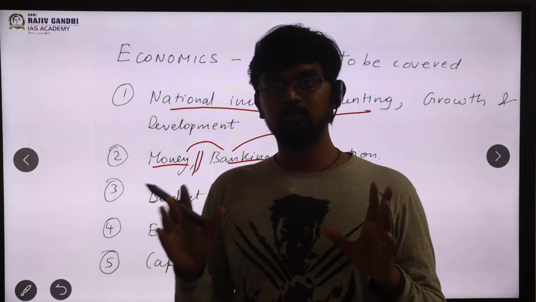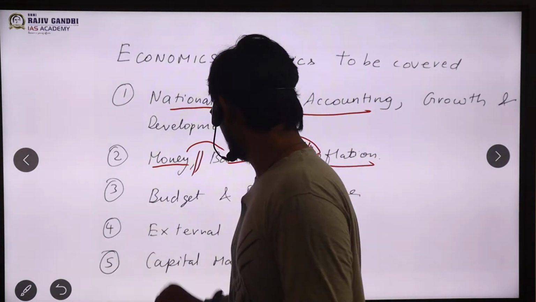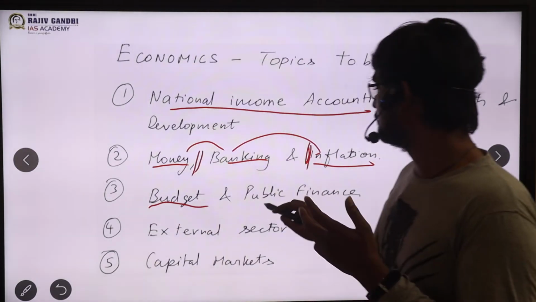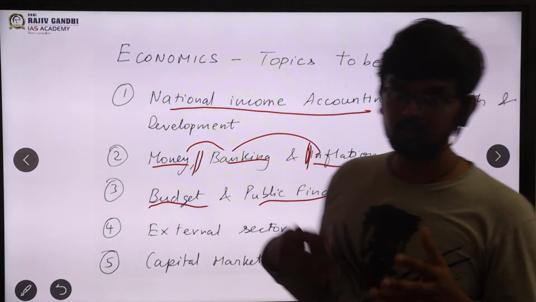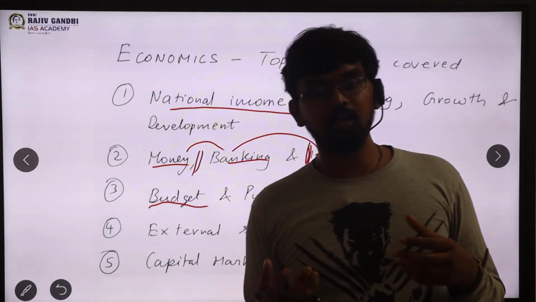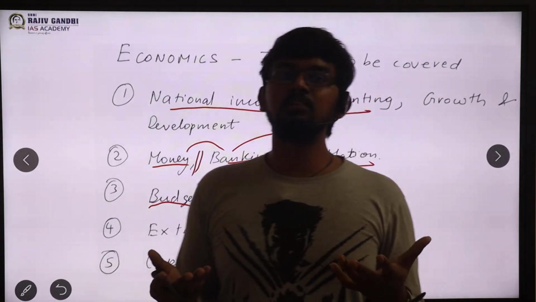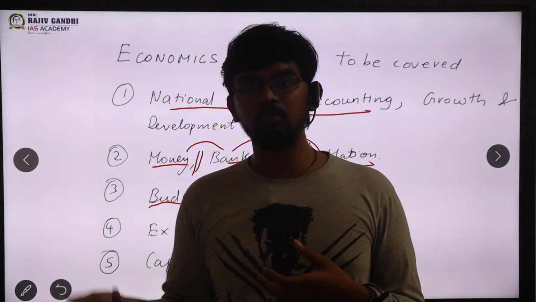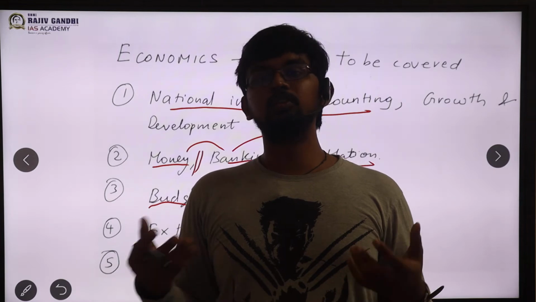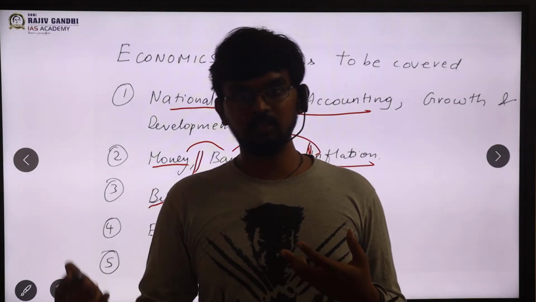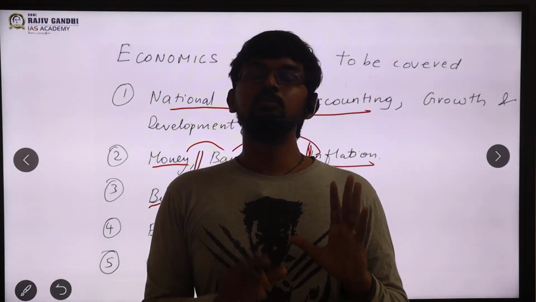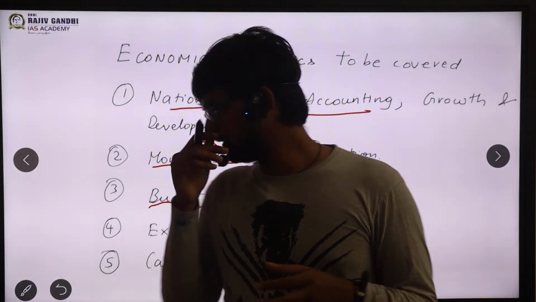All basics to advanced. Next, we will be looking at the budget. So here also we will be looking at the budget making process and application. For example, today we are having a recession. So that means what kind of budget should we do? It should be a surplus or it should be a deficit. So what is a counter-cyclical fiscal policy, etc. Those kinds of logics also we will be building.